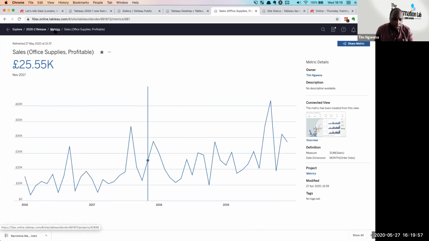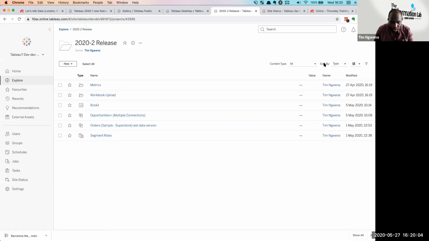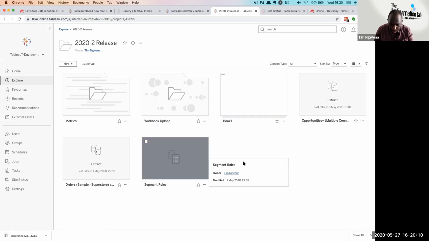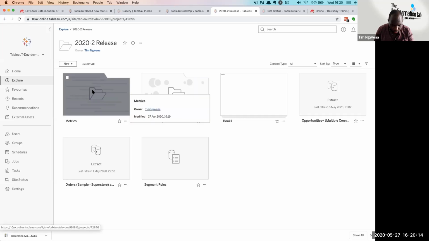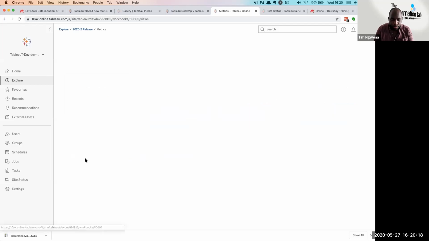So how exactly are these built? Let's have a go at doing this ourselves. Let's go back to this 2020.2 release folder that I've got here. And let's go to grid view so I can see some of the visualizations that I've got in my area. Now, if I go into the metrics tab, I don't think I actually have a workbook. Oh, no, I do. There we go. If we go to the Superstore,